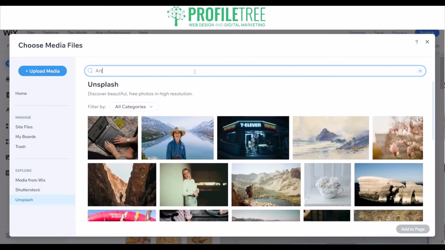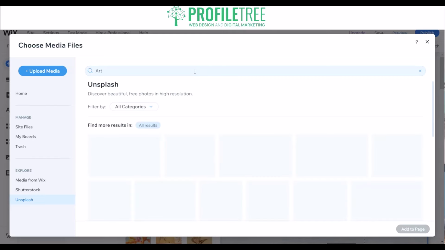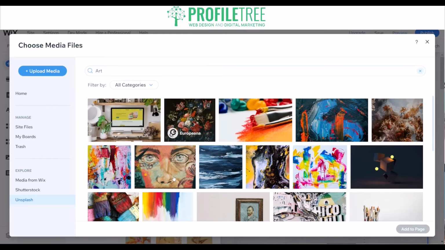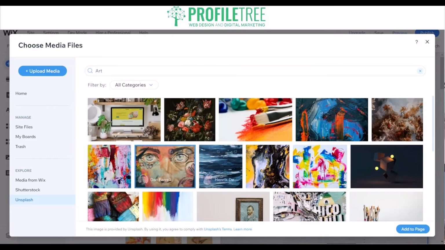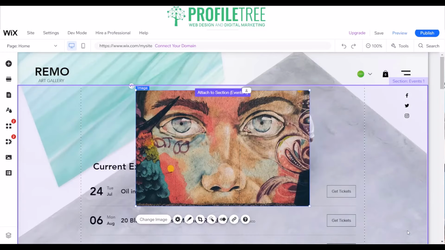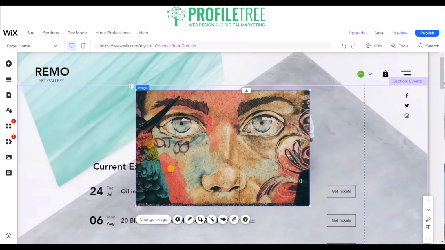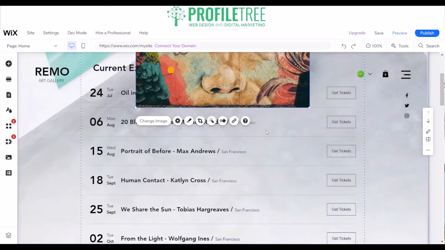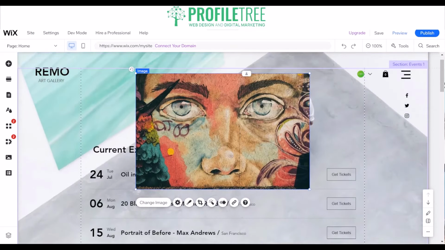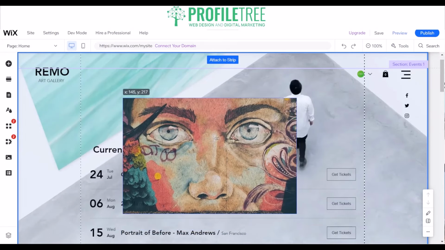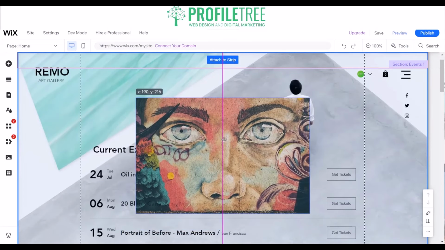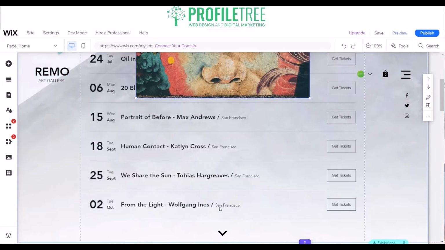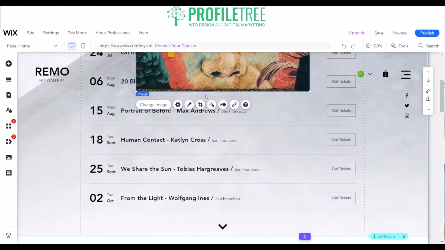Now if I went ahead and searched for art, as you can see, the same one there, Dan Farrell. So there you go. What's great about this is I could snap this to the object or the strip, and of course I have the option as well to not overlap that. So if I wanted to, I can go ahead and delete this,